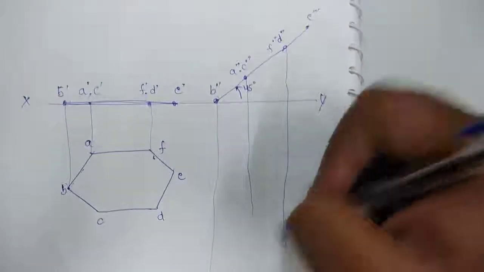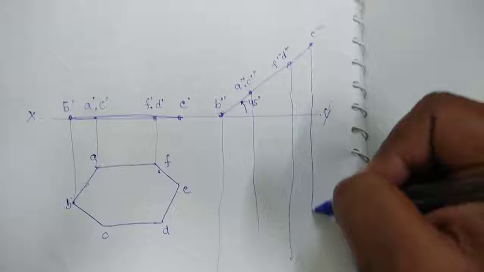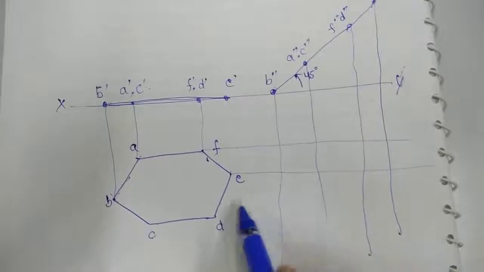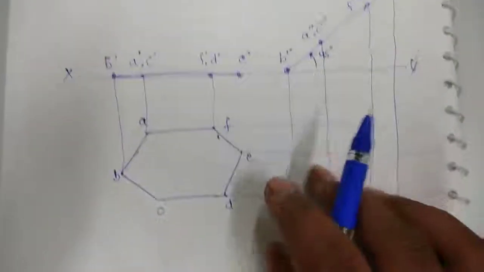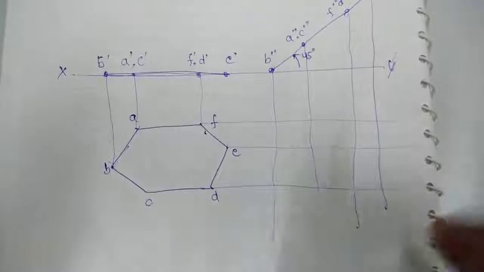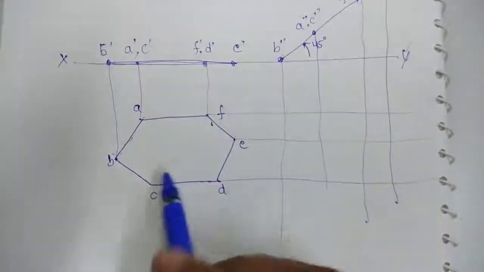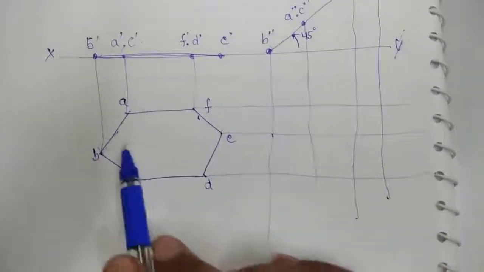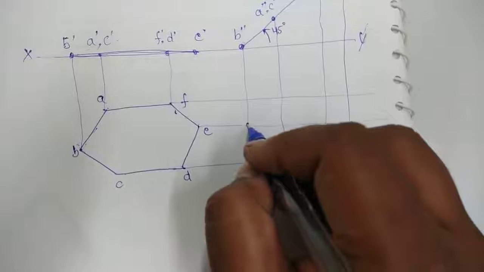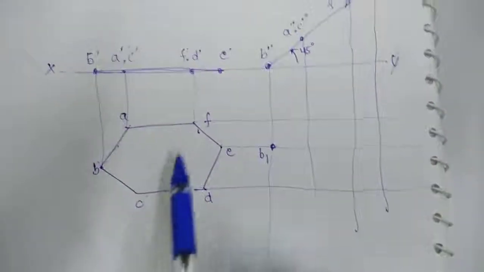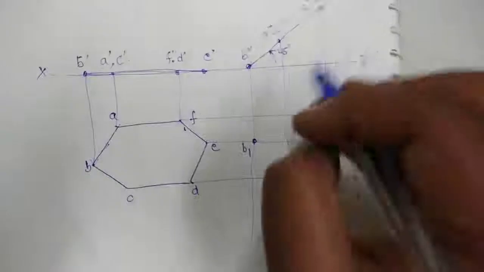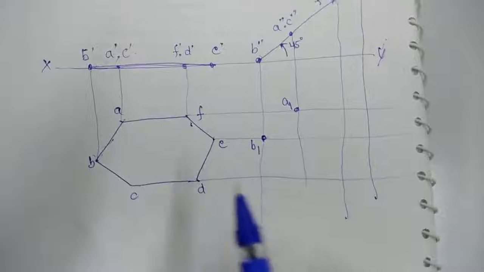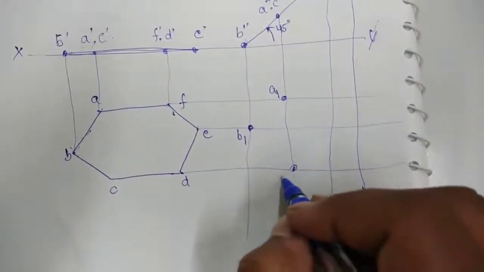And also project these lines. So you will have all these things. Now see where B is projected. B is projected here, so it is in the same line. So this is B dash, this is B1. Now see A dash, where A is projected, here, so it is A1. Likewise C is projected here, so C1.